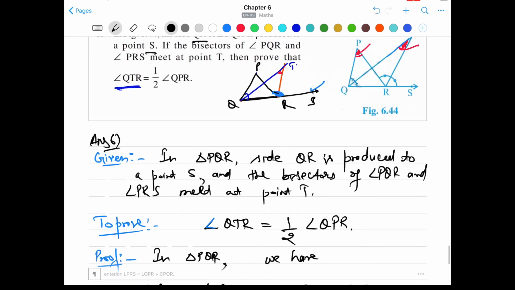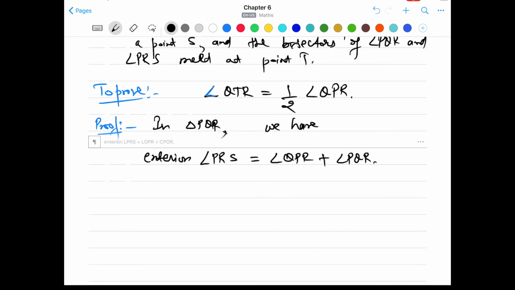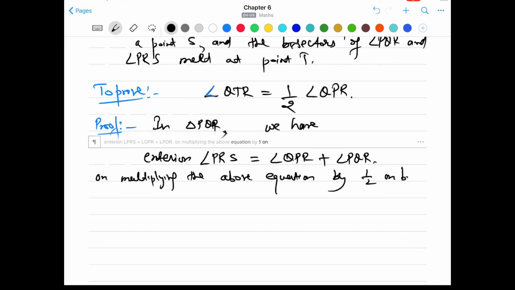Okay, the exterior angle PRS is the sum of these two angles. That's what I have written here: exterior angle PRS is equal to the sum of angle QPR and angle PQR. Okay, so if we multiply the equation by 1/2 on both sides, let's write: on multiplying the above equation by 1/2 on both sides, we get